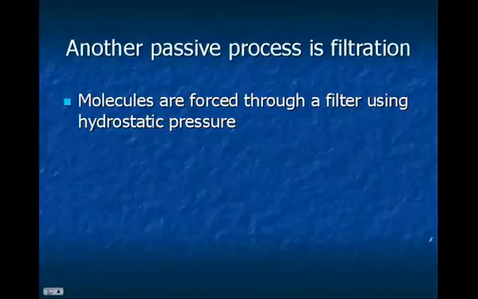Sometimes they want to just secrete things. Sometimes they want to get rid of waste products. Okay, so that's how the cell is actually able to do that. And those were all examples of bulk transport. Okay? Now, one other example of a passive process that occurs that we haven't talked about is a process called